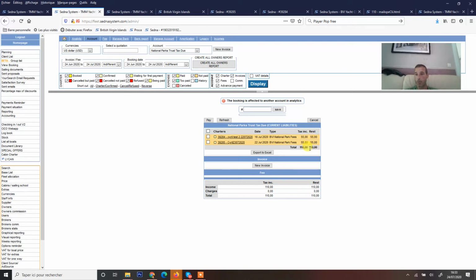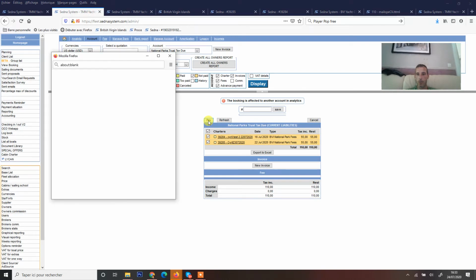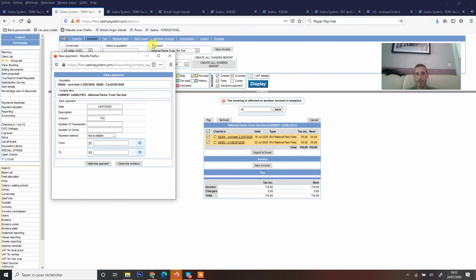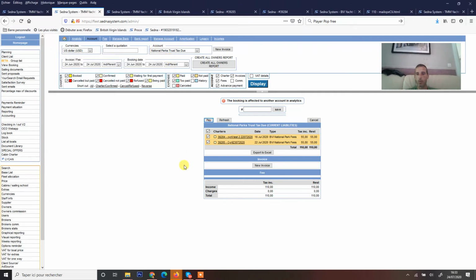And here, the process of payment will be the same. You will select all the boxes, define paid, and here you can declare your payment, monthly payment, the same process as any account, any supplier account in fact.